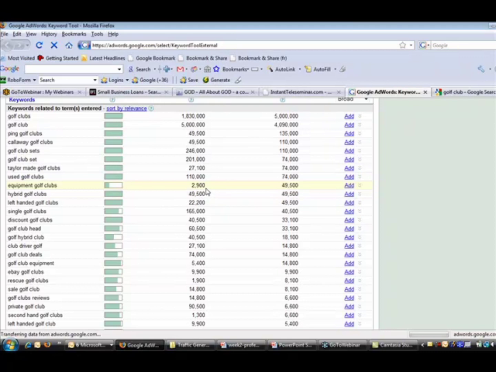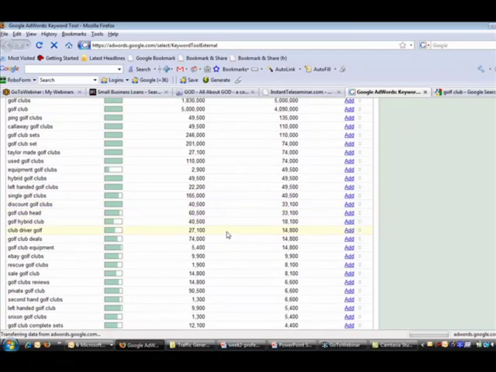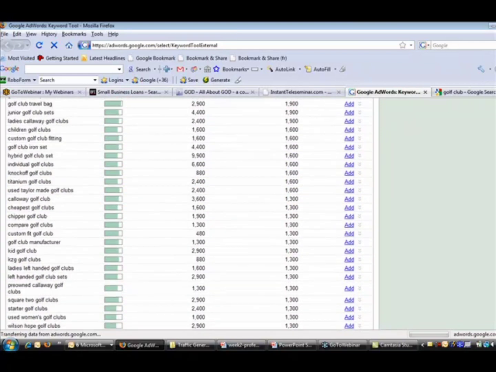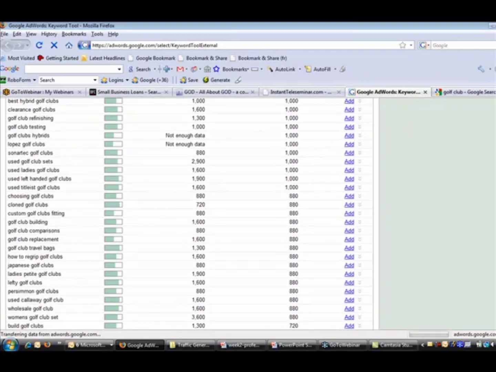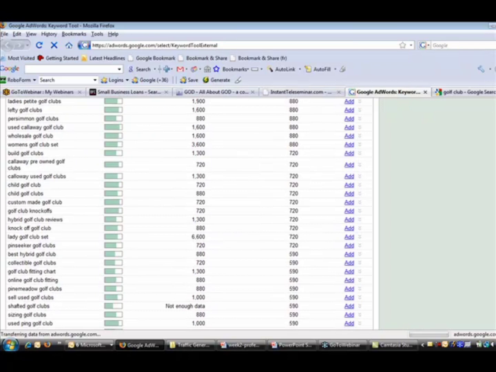And it doesn't even have the lowest things like equipment, golf clubs, hybrid golf clubs. Keywords like that. It doesn't have to be a keyword that has tons and tons of searches either. It can be a smaller keyword phrase that has maybe 1,000 searches. Because a lot of times people will not target keyword phrases if they feel like, well, it's only got 1,000 searches or it's only got 700 searches, I'm not going to